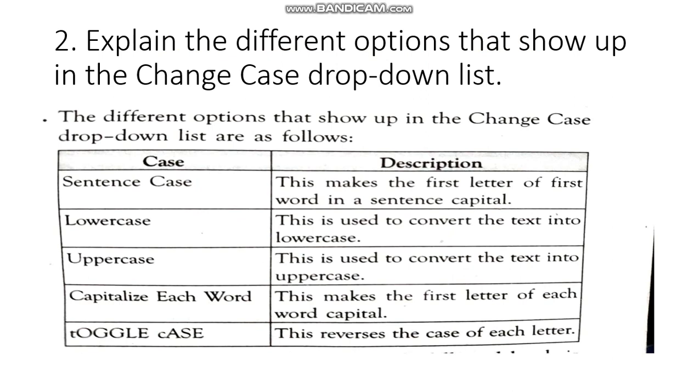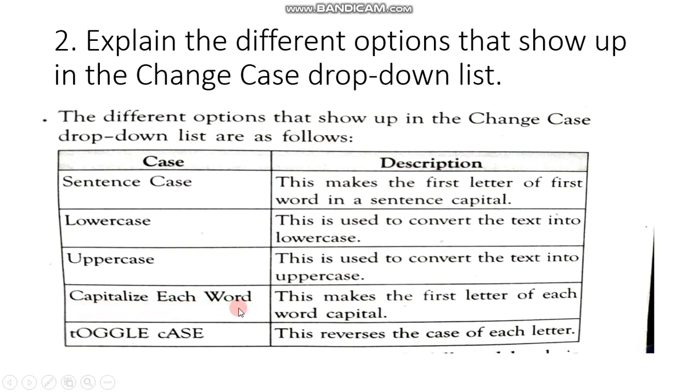This makes the first letter of first word in a sentence capital. Lowercase, this is used to convert the text into lowercase. Uppercase, this is used to convert the text into uppercase.